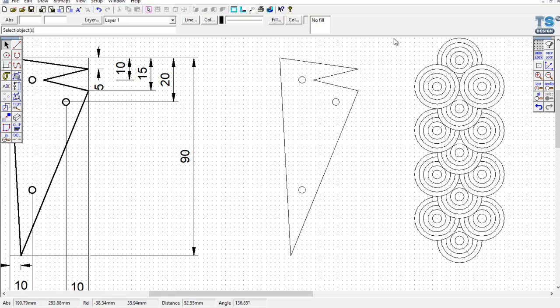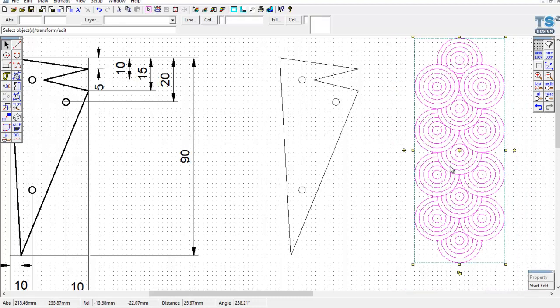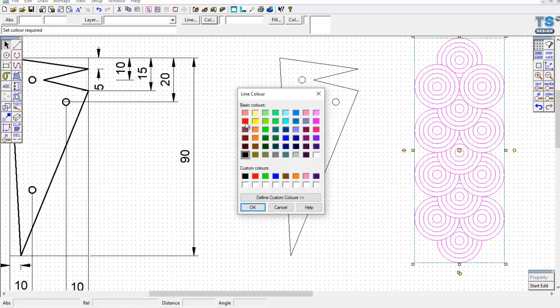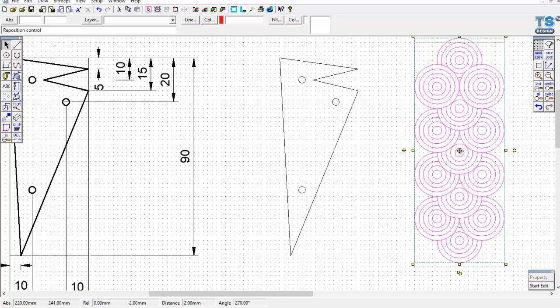Okay, so from that point, all I'm going to do now is highlight this bit, and I'm going to move it over onto this side. But before I do, I need to tell the computer that I need to engrave this, and the way that we do that is we assign a different colour. So anything that's black on an outline, usually the laser cutter will see that as something that it cuts right the way through at 100% of the power. We can then assign a different colour, so in this case I'm going to use red, and anything that's red we can tell the computer that we actually want it to engrave, we don't want it to cut right the way through. So if I just click onto OK there,